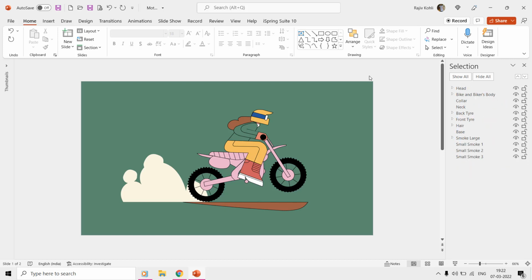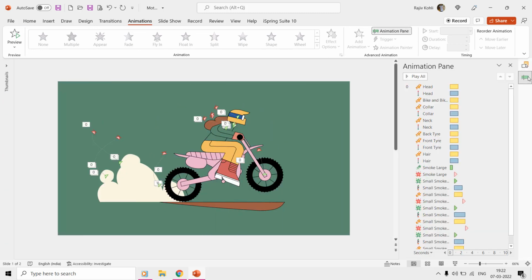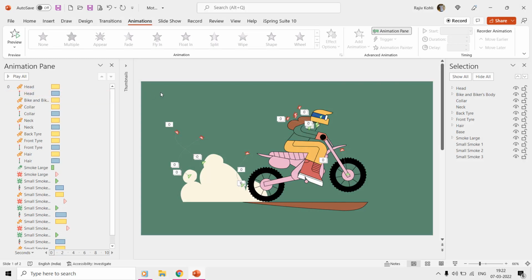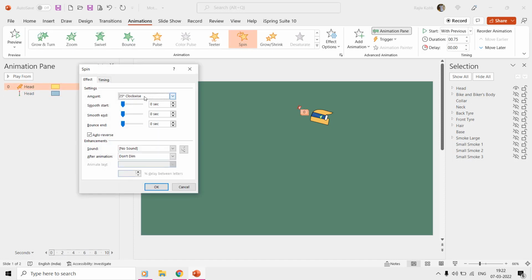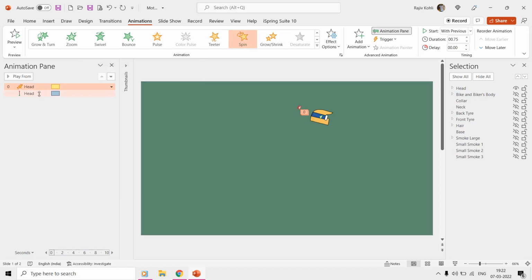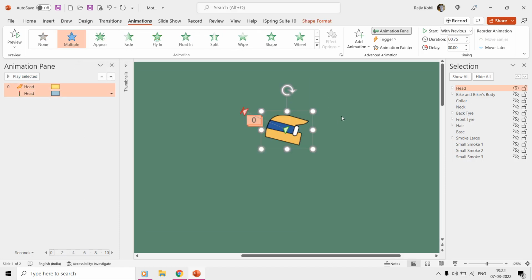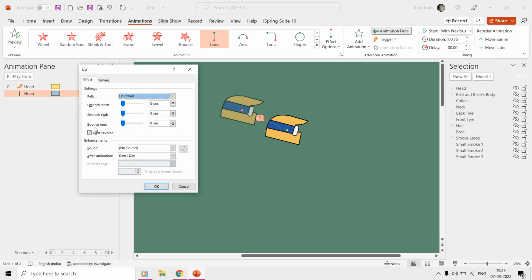Let's talk about the animation effects that we applied on these layers by opening the animation pane from the Animations tab, and then placing it on the left side, so we may see both the panes together. We will begin with the head layer first, and if we hide the rest of the layers, then you will only have the corresponding effects in the animation pane according to the layers visible in the selection pane. We have applied the spin effect with 25-degree clockwise rotation with auto reverse in a time duration of 0.75 seconds. We are also moving the head using the diagonal motion path to a specific point, and it's also having the same duration of 0.75 seconds with auto reverse.